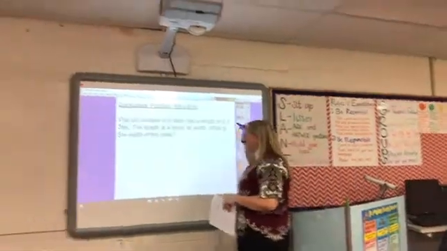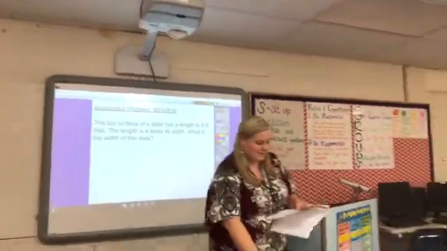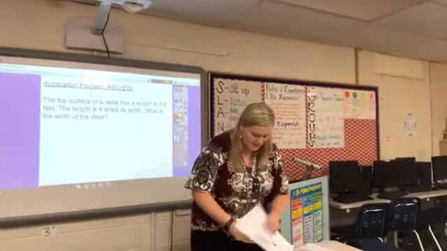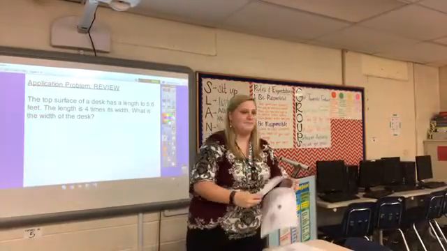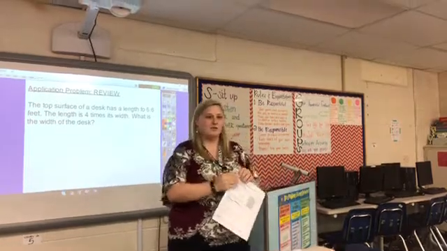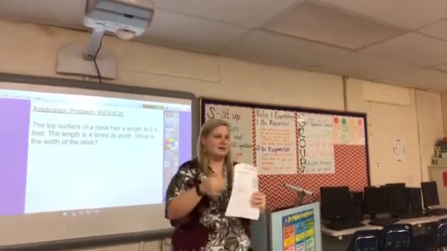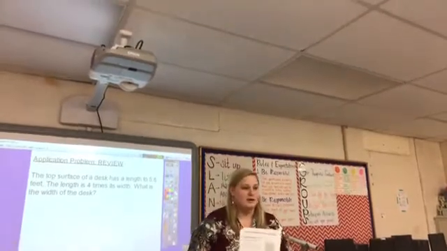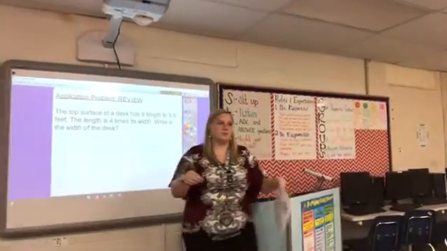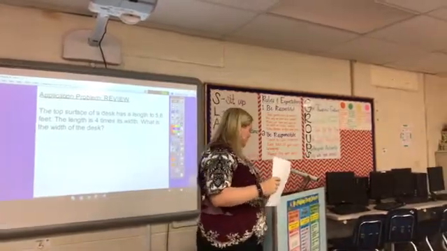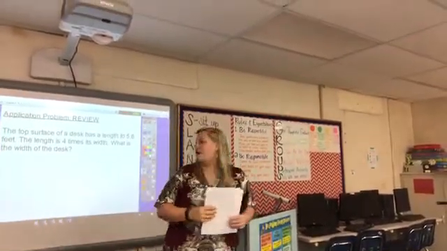So after that, I move on to the next thing, which is the application problem. So you're going to flip to page 15. You're going to skip page 14. Page 14 has the other 2 fluency activities, if you decided to do the second one or the third one. So you're on page 15. At the top it says application problem. This is review. Since this is lesson 1, this is reviewing from